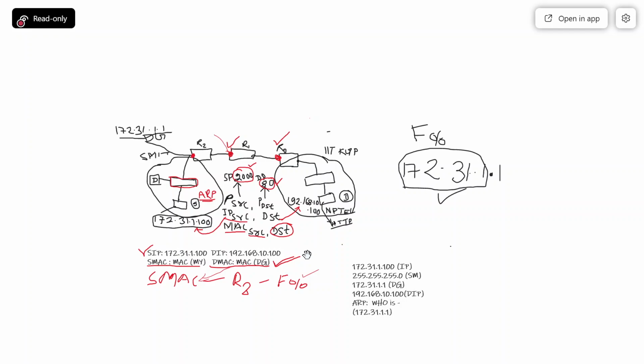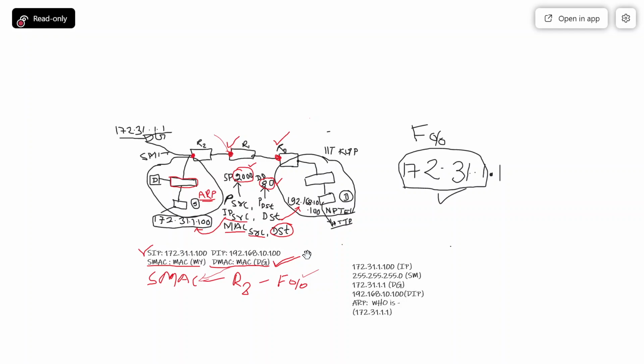These two layers are only utilized at the source computer and the destination computer. Intermediate devices only use layer 2 and layer 3. If it is a router, then it will make use of layer 3. If it is a switch, then it will make use of layer 2.